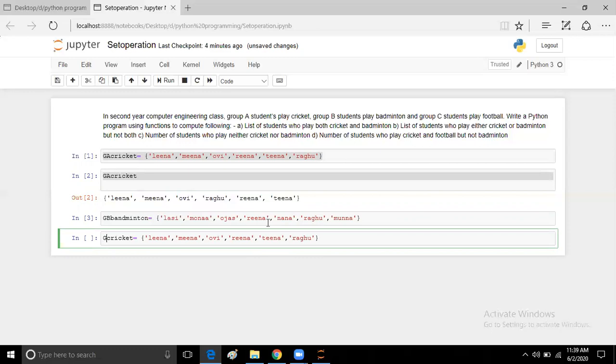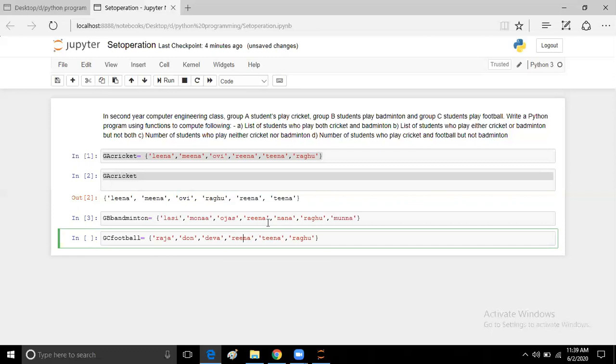So again, this is my another group, and again I have to create one more group with the name group C, who are interested to play football, right? My players will be Raj, Raja, Dawn, Deva.